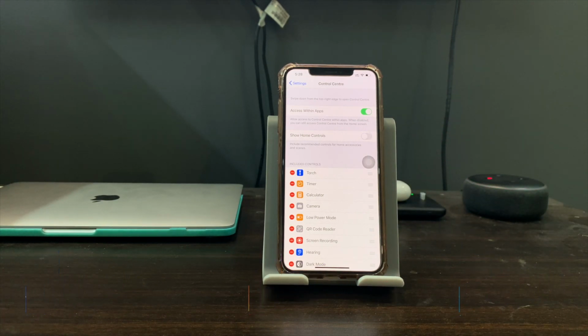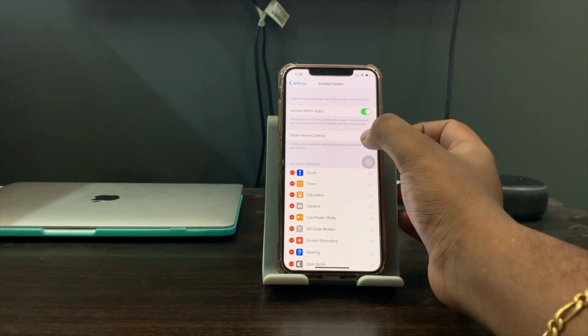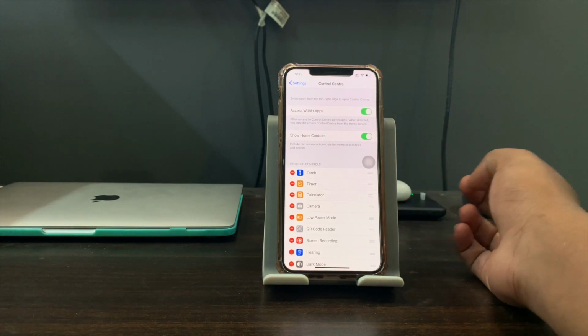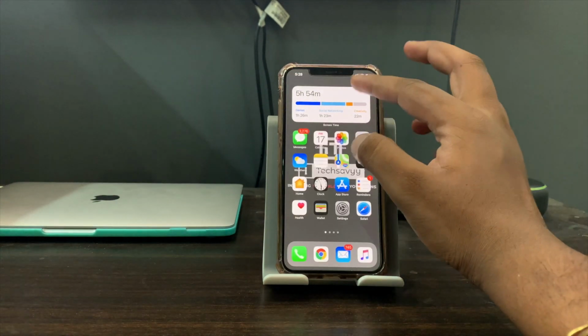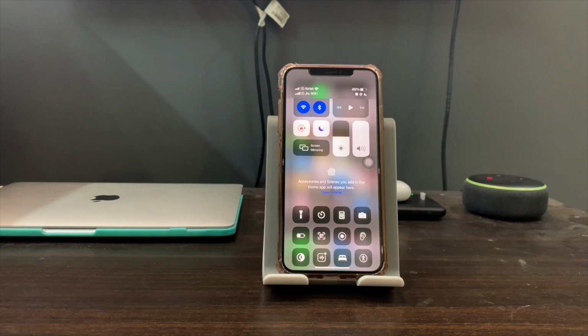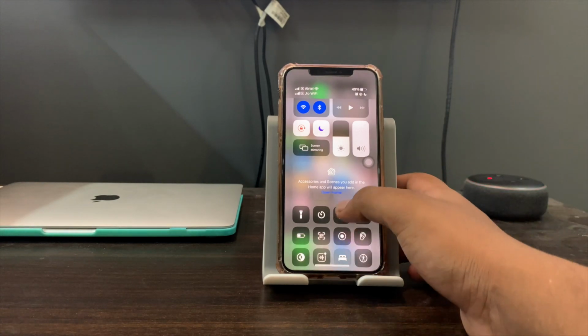We now have dynamic home controls, which I can turn on and off from the settings. And now as you can see, a home toggle has appeared in my Control Center. Now I don't have any devices set up in my HomeKit, so it is asking me to open the Home app and set up new devices.